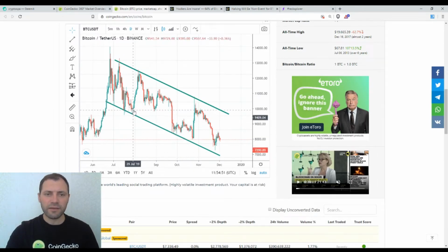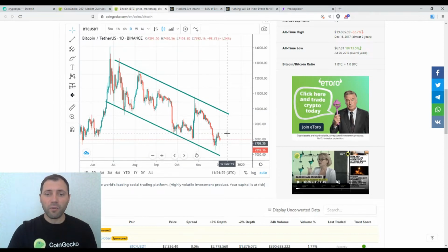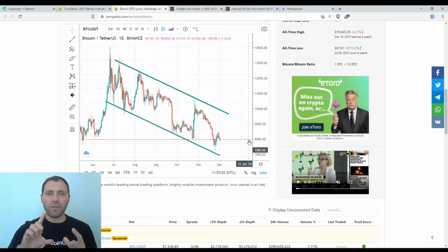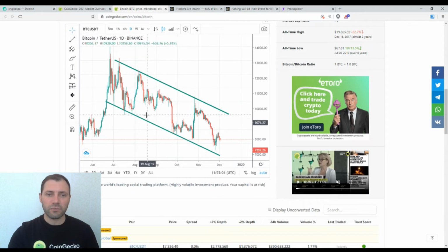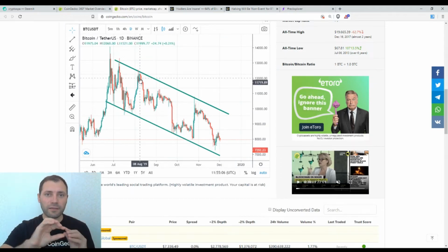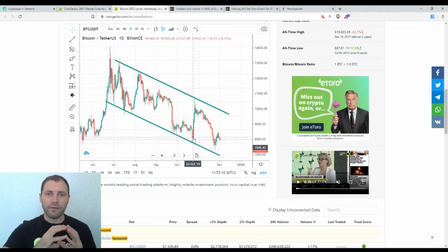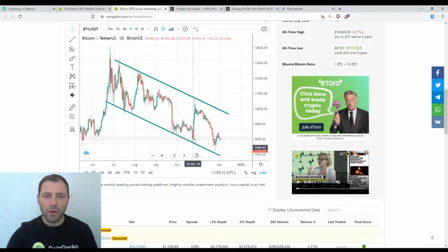So this is one rebound, second, another one. We had a rebound recently, but we see that these rebounds are getting smaller and smaller. So this was a solid rebound that took place very fast. That was also a very fast rebound within the